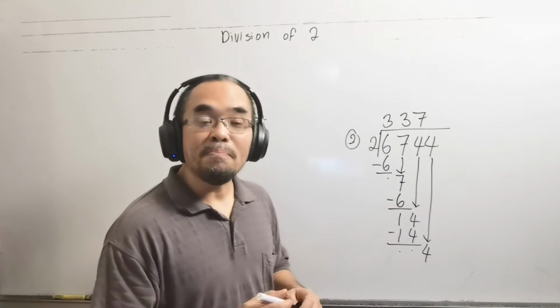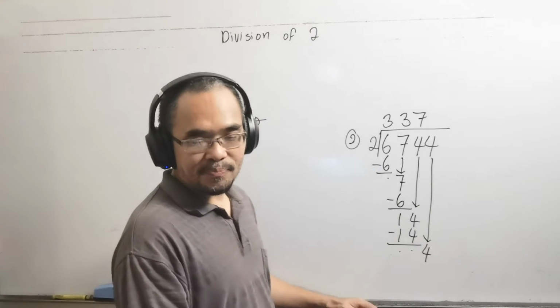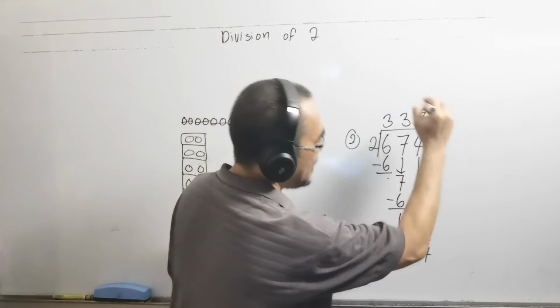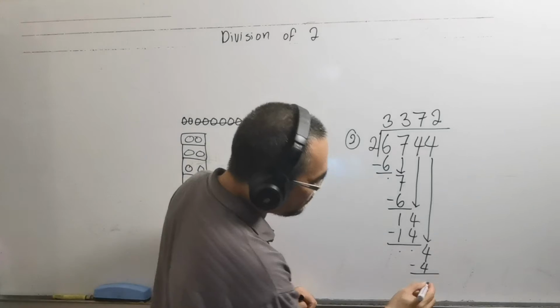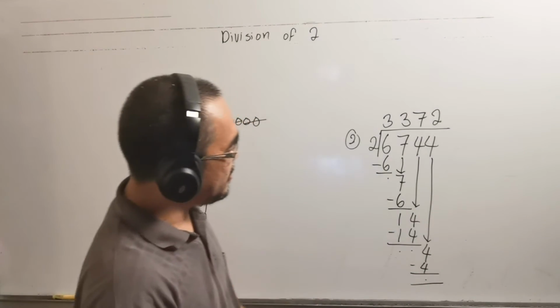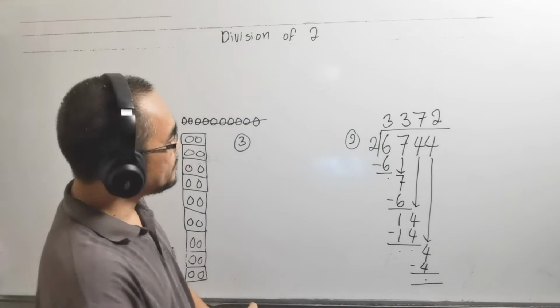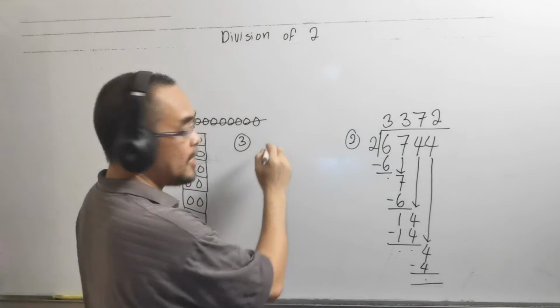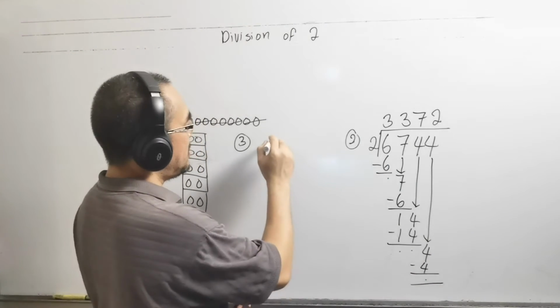So now you read multiplication of 2 until you get 4. 2. Here and below here you write 4. Then 4 minus 4 will be 0. You write a dot. Yes, correct. Okay, next question will be